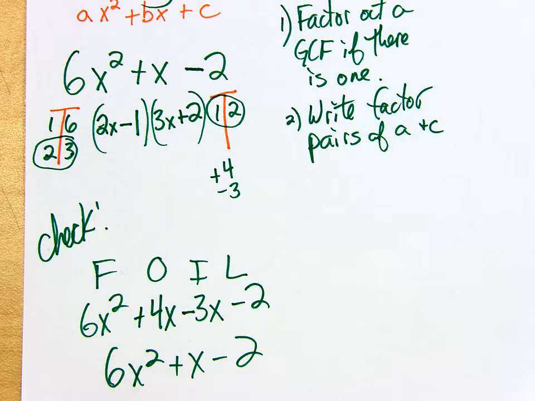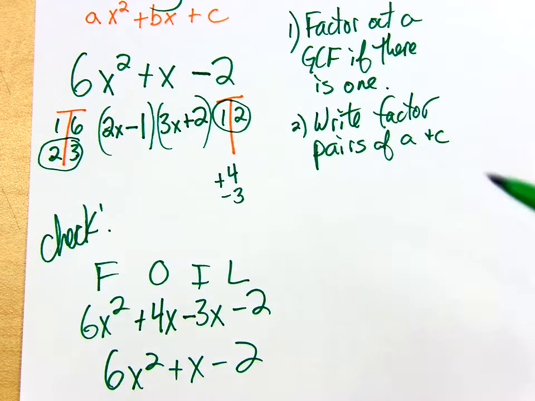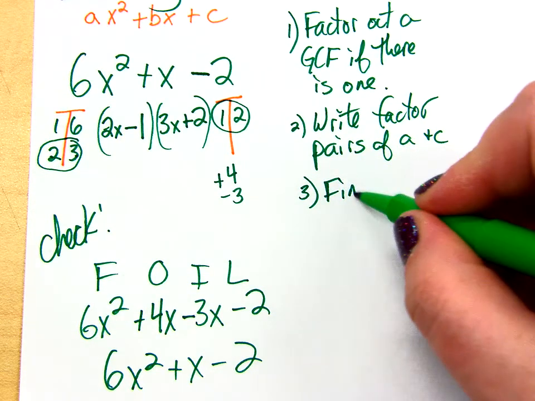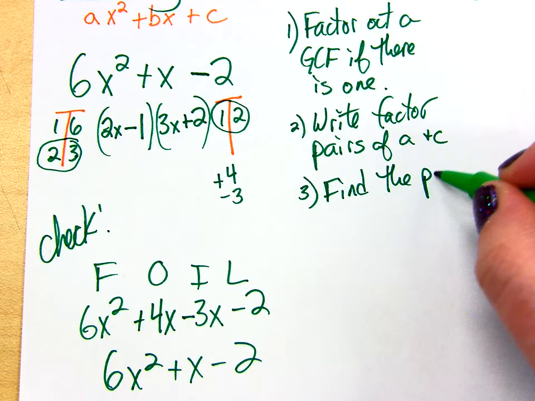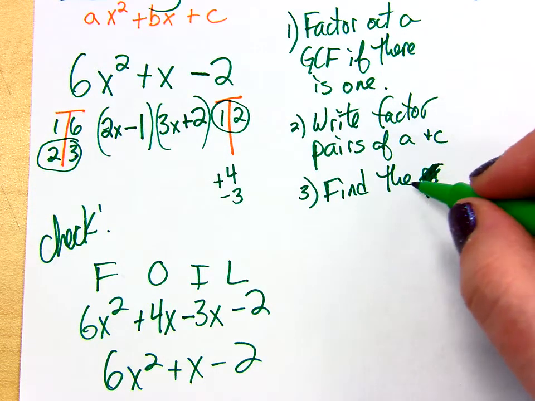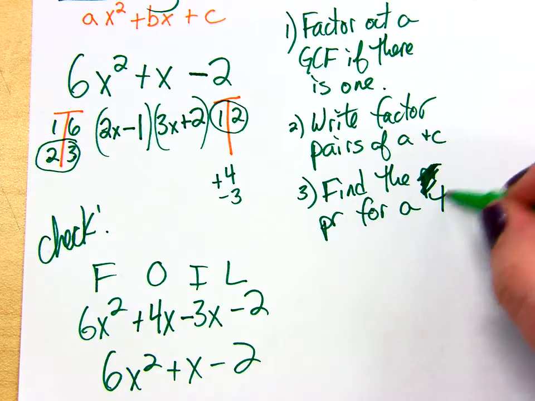So now let's try and write that in English. Okay, so you're going to write factor pairs of A and C. Then you're going to find the pair for A